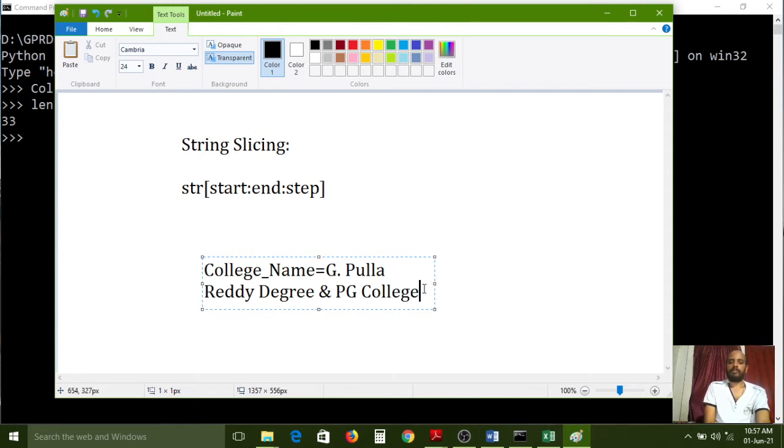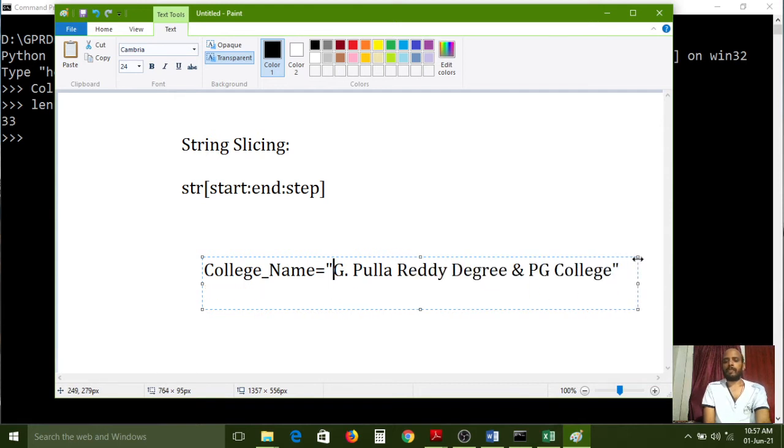Between the quotes, we need to configure either single quotes or double quotes, but quotes are important. Now, how do we pick some range of characters? I want to pick the Pullareddy word, from here to here. I don't want to print the entire string, only these two words.